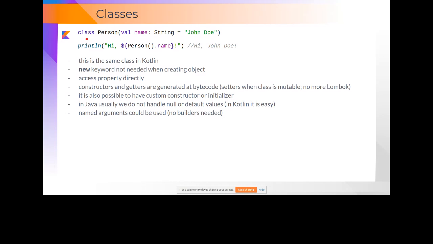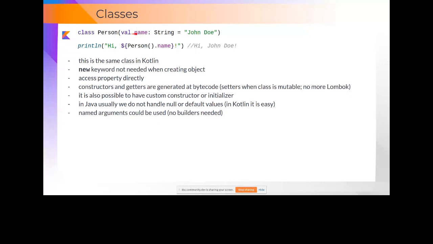So this is how we create a person class, and we define a property, a name property. Of course, it is immutable. We give a type to it, and we also give a default value. And this will generate a similar Java bytecode to what we've seen before in the Java code. So you will have getters. If you use a mutable variable, you will have setters. You get constructors, equals and hash code methods, toString methods,